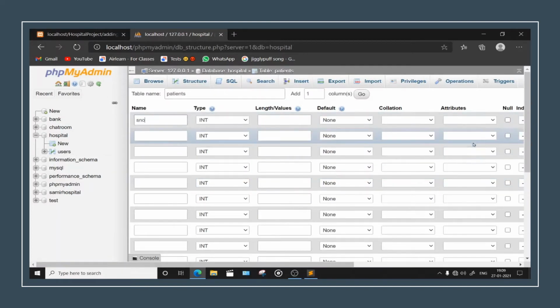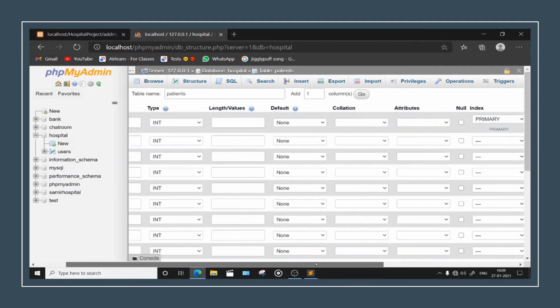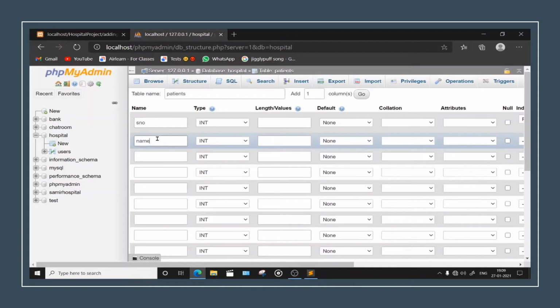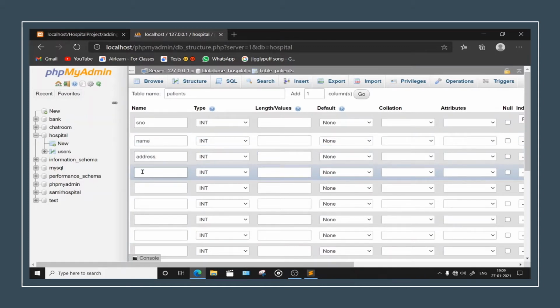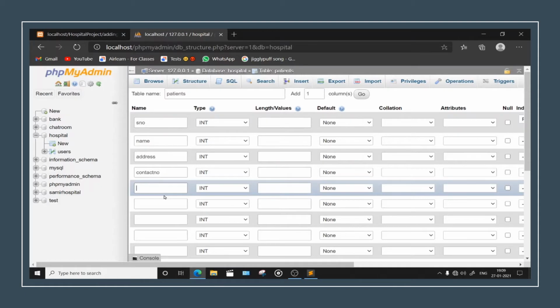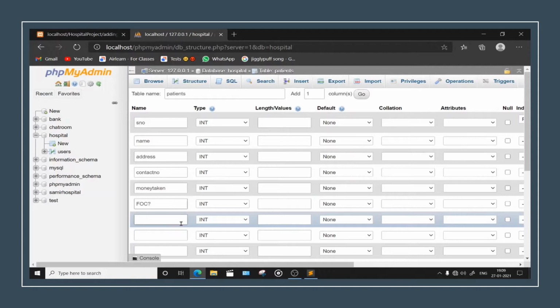Add first the serial number, then we have name, then address, contact number, then we have money taken. Then we have FOC and one question mark.